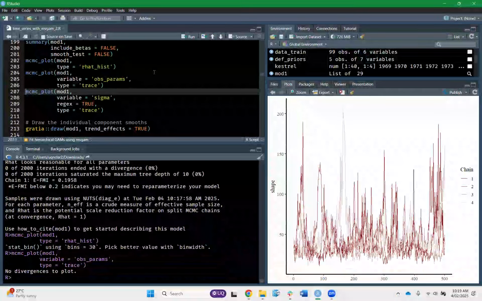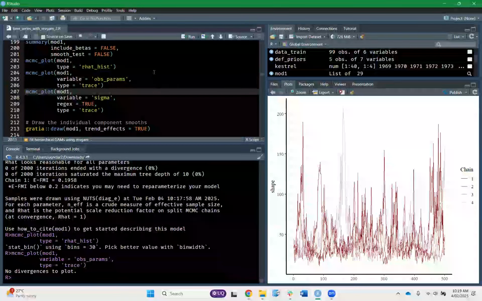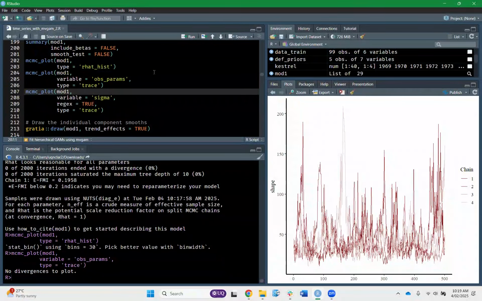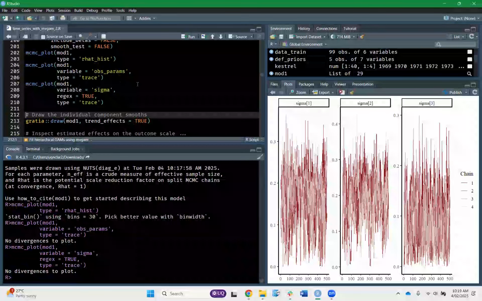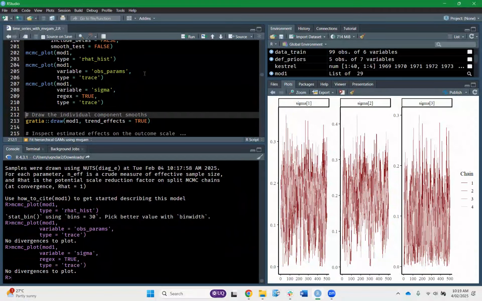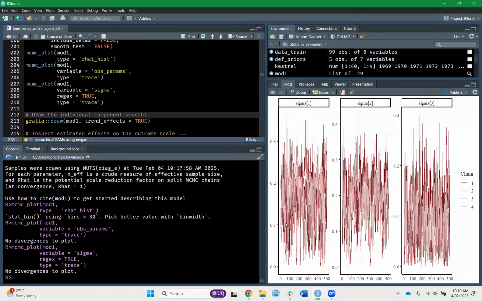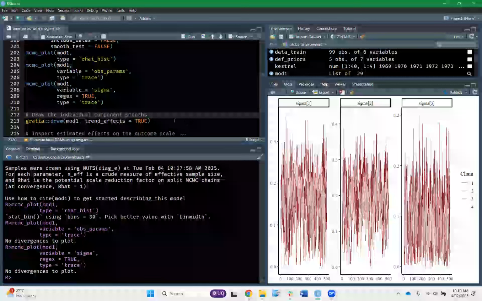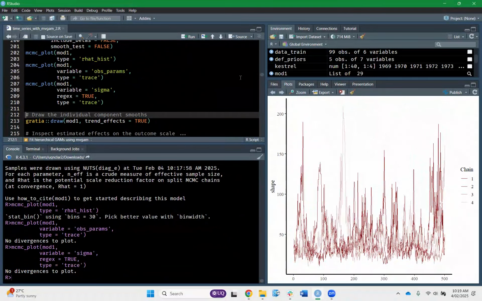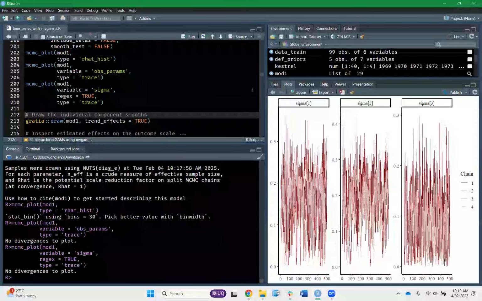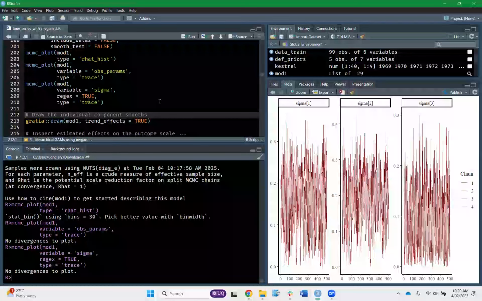We can have a look at trace plots of the shape parameter, for example, which tends to be a little hard to identify in gamma regressions, and the estimated sigmas. Because this is a state space model, there's a latent process error parameter, one for each series. And this shape parameter acts as our observation error in a gamma model. So we're getting estimates of both of those. Everything's converging well, but we want to really look at